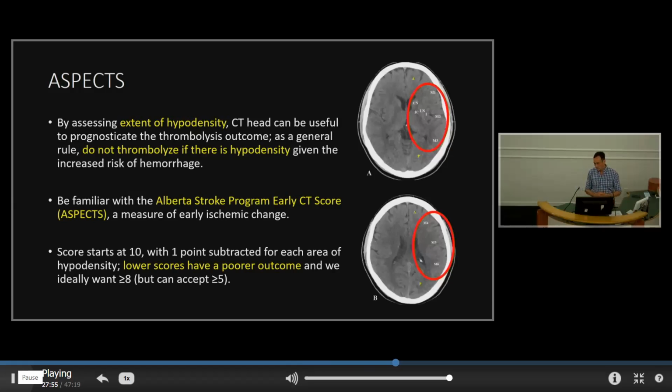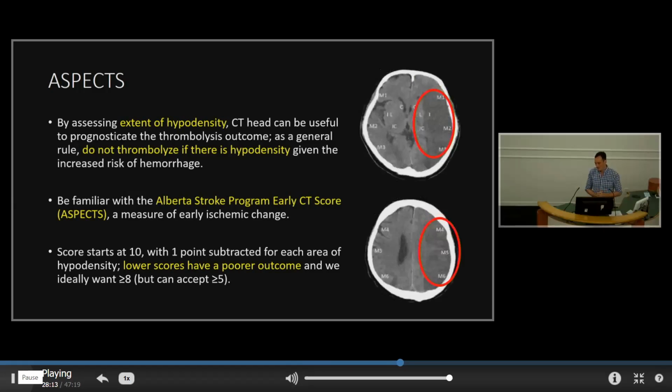So this would be an example. These are normal CT heads, and the white letters there show all the different areas. You don't have to really know the specifics, but you can see that basically that would be probably okay to thrombolize as the tissue is more or less normal. There's no major hypodensity. Compare it with that one. That one shows that basically there has been a huge left MCA stroke within the last few hours, within the last 24 hours anyways, and that is very bad to thrombolize. That infarcted tissue will bleed on you, and you'll make a bad situation worse.